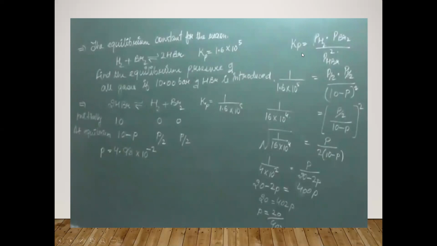Now how we calculate equilibrium constant in terms of pressure? That is the pressure of products. Product हमारे पास क्या है? हाइड्रोजन एंड ब्रोमीन. इनके प्रेशर्स क्या है? P/2 and P/2. So we will write here P/2, P/2. दोनों के आगे कुछ भी स्टोइकोमेट्रिक नंबर नहीं है, so no powers. Then pressure upon pressure of reactant. रिएक्टेंट कौन है? हाइड्रोजन ब्रोमाइड. स्टोइकोमेट्री है 2, प्रेशर है इसका 10 माइनस P. So 10 माइनस P पावर 2.